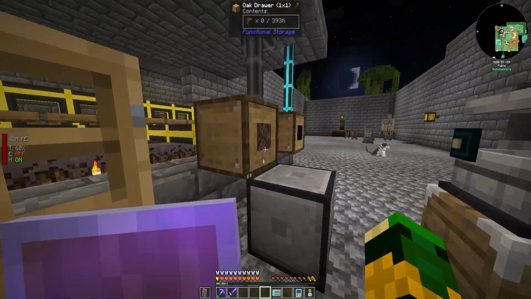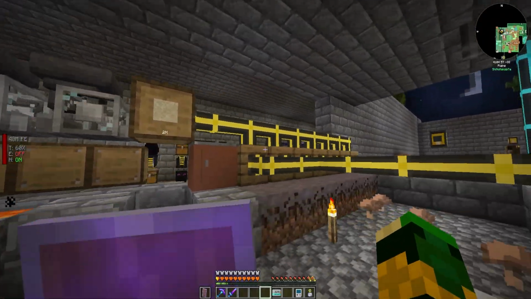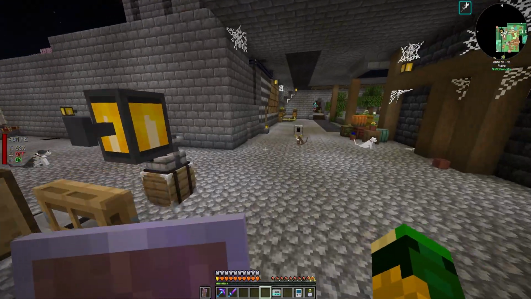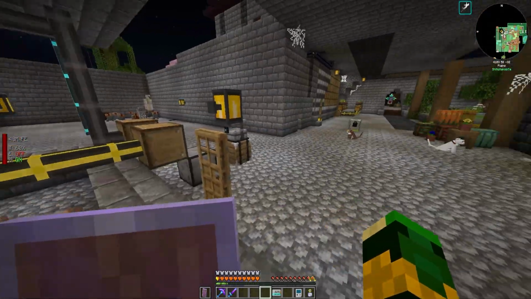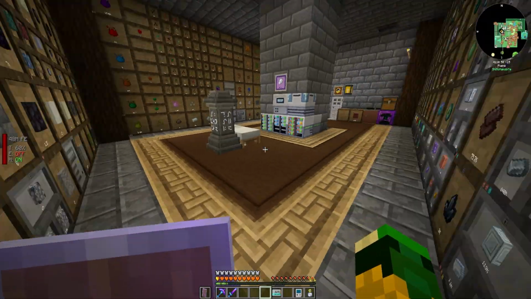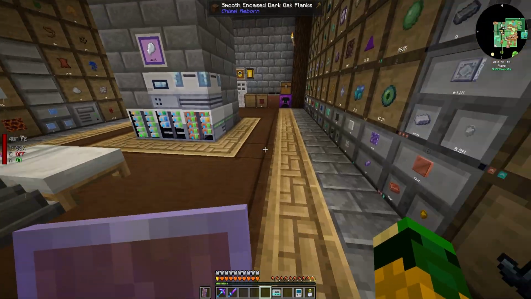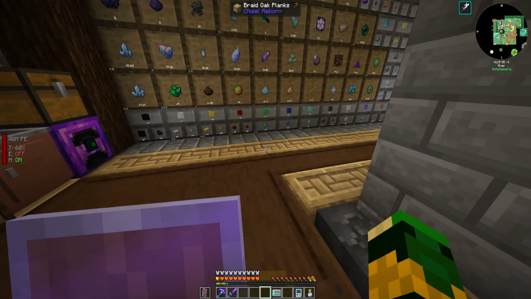So yeah, we now have infinite soul sand, which means we can actually get rid of everything here. This can all go away, and we can just pump the soul sand straight into it. So that's kind of why I wanted to do these infinite cells, to free up some of the space, or free up some of the machines that have been clogging everything up.